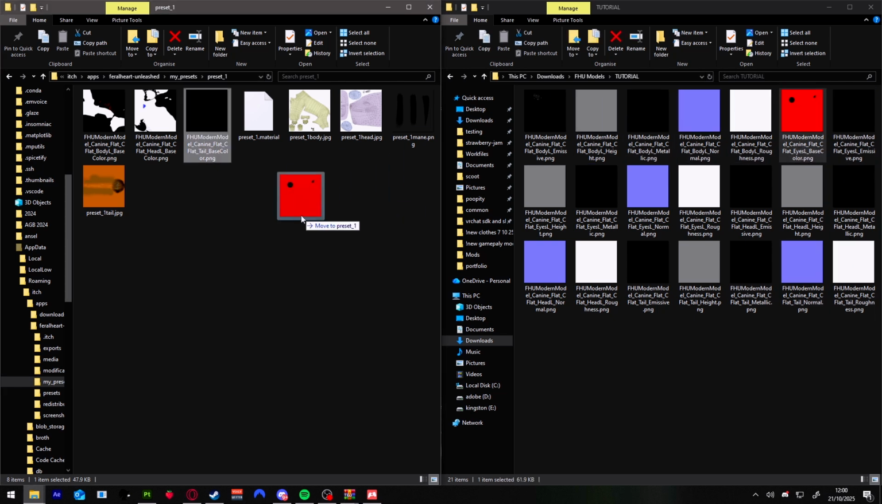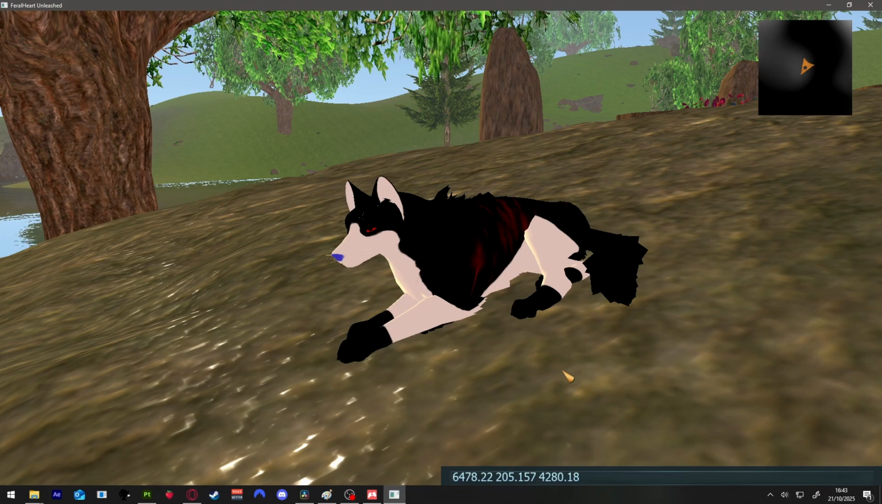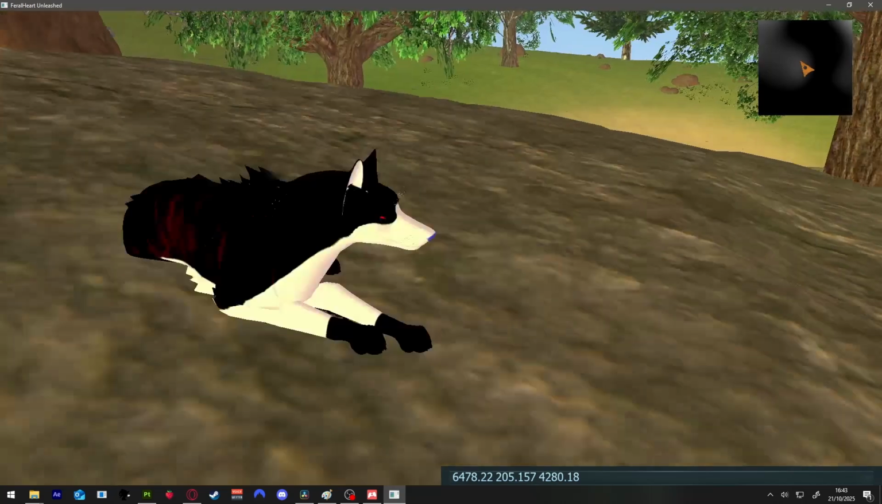Oh, I forgot about the eyes. Oopsie daisy. So here what I'm going to do is I'm just going to set everything up so you can see them in the preset 1 material. Alright, so this is the finalized preset